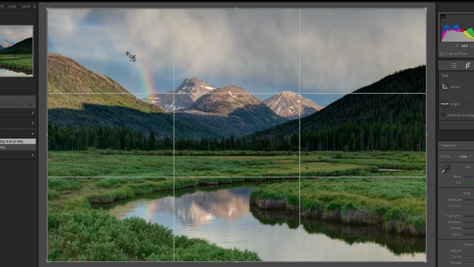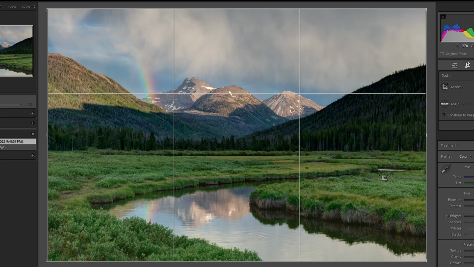So here's the thirds. As I composed it, it was really tough because I wanted to keep in the sweeping curving of the river. I wanted to keep the foreground. I had to stand just in the exact right spot to get the reflection of the peak there in the river and the rainbow. I got lucky and a fish jumped right there and caused that. That's not me throwing a rock in. That's a fish jumping. And then having these peaks right there in those thirds really helps make this, to me,